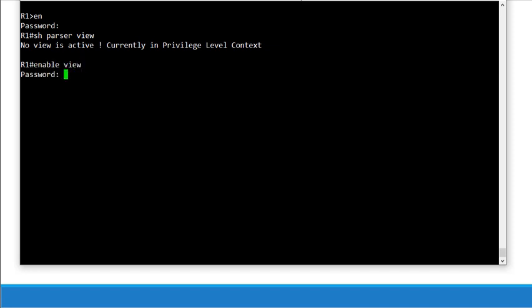Enable view, and I don't have to put the view name at the end. The default will be root when I put in the privileged exec password here. There we go. So now if I hit the up arrow and do a show parser view again, I can see that my current view is root. So I'm ready to create my tech1